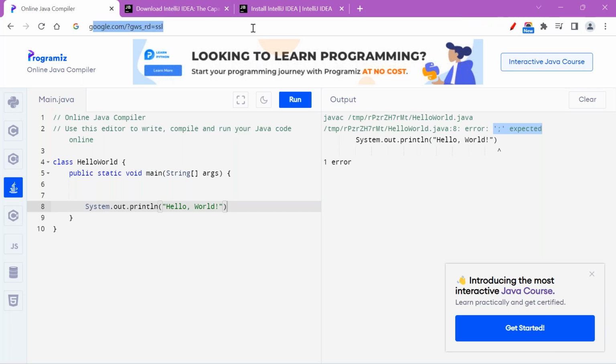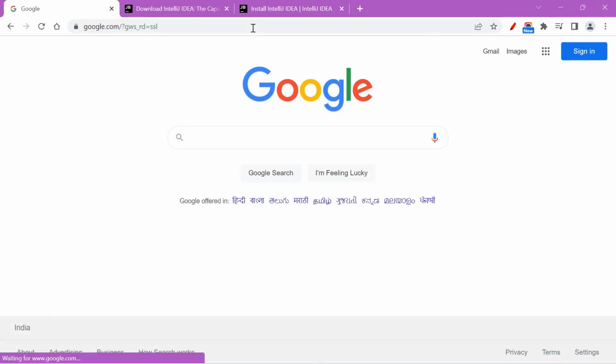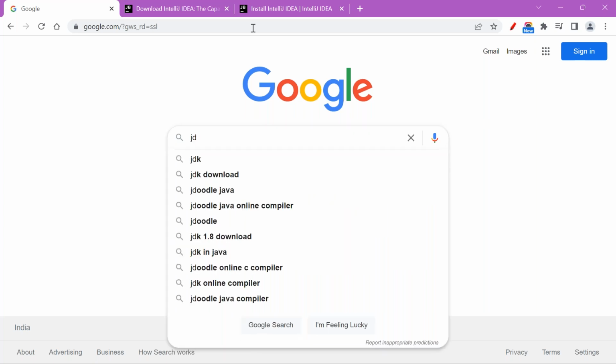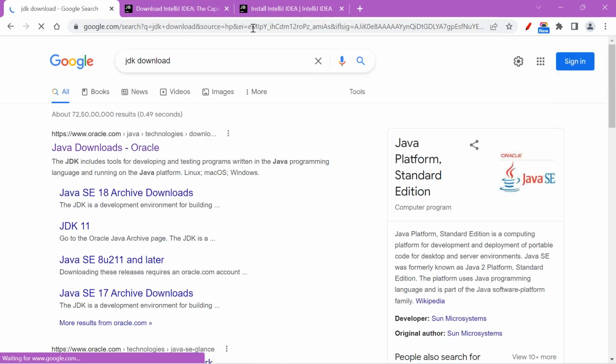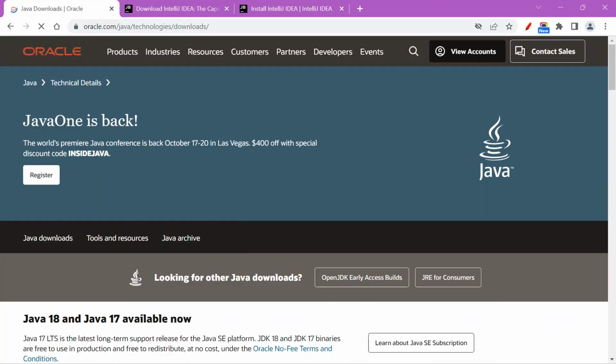Again, for installing an IDE, you need two things. The very first thing is you need a JDK, because I told you, we are developers and we need a JDK. So for that, what you are going to do is search for JDK download. Open your browser, whichever browser you have, and type JDK download, and there will be an option from the Oracle site itself. So this is the official site. Oracle is supporting us for this JDK. So you can very well go to the site.